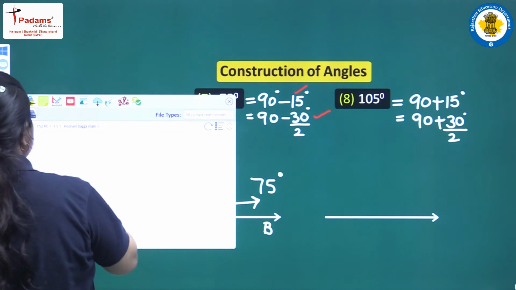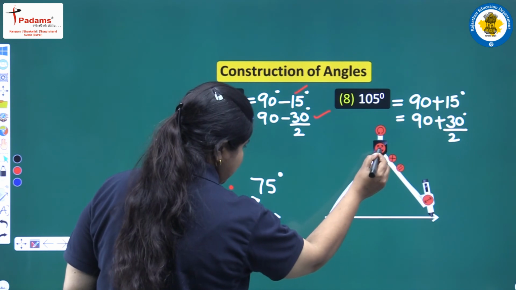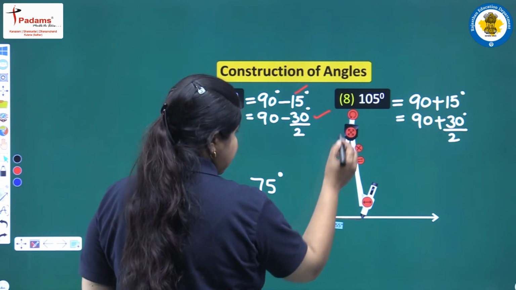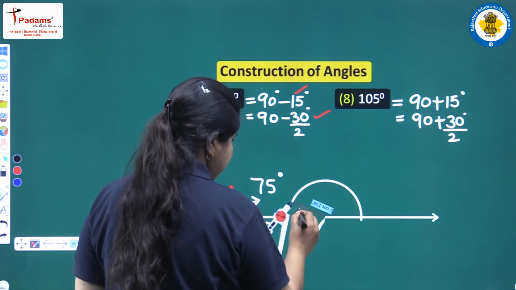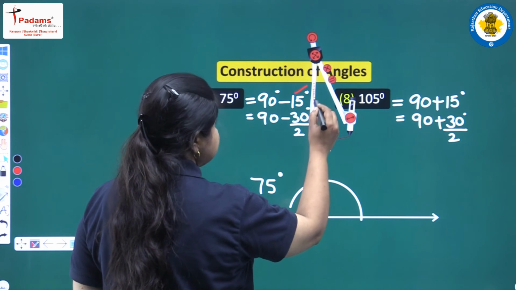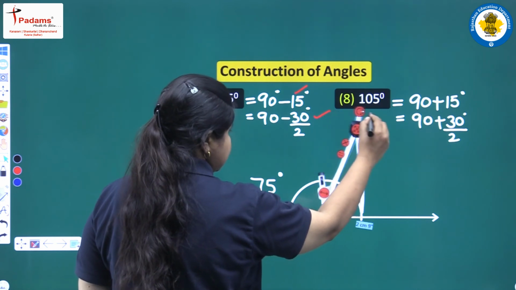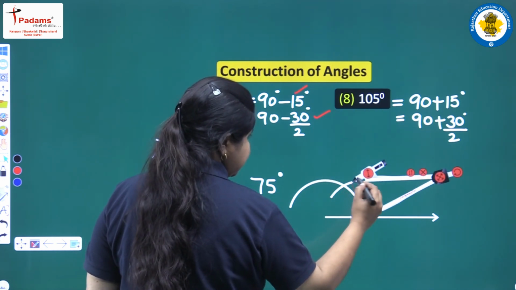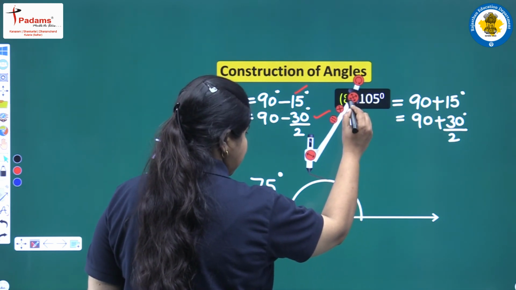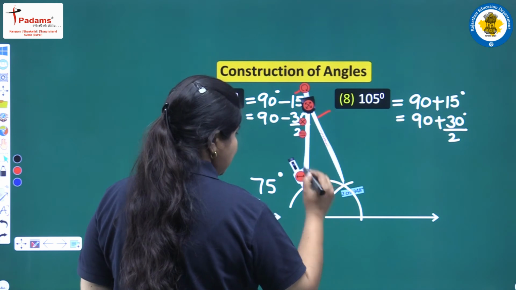For this again we will need one compass. Let us bring it back, keeping the pointed end at this point. Again we will be having an angle of 60 degree and 120 degree and everything back. So let us draw it, keeping the pointed end again with the same radius at this point, we will get an angle of 60 degree. Keeping the pointed end at this point and with the same radius without changing it, what we will get is an angle of 120 degree.